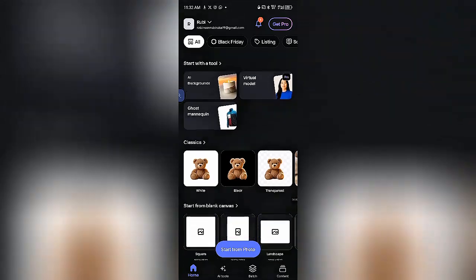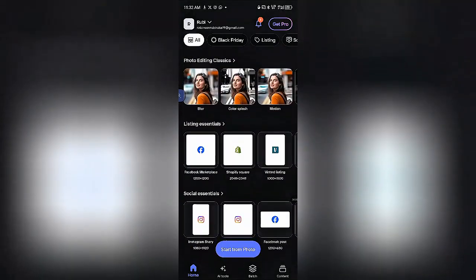As you can see, this is the interface of the application. So go to Google Play Store and download the application. Mind you, this particular application does not really work for all phones. If it's not working or compatible for your phone, then I believe you need to get another phone, right? So in this tutorial, I will be uploading my picture and you will see how this application will remove the background